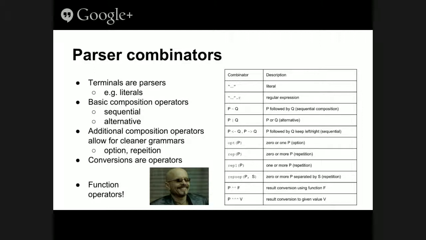So the interesting thing is everything's a parser. Terminals are parsers. So at some level, I should back up. In a grammar, I'll show you what a terminal and a non-terminal are. But terminals are the things that are at the bottom of the tree. So they'd be like the number that you want to recognize, or the character that you want to recognize for an operator. The non-terminals are the other operations, where you say, okay, I have this plus this. That's a sum operation, where you're combining things together. So terminals are parsers.